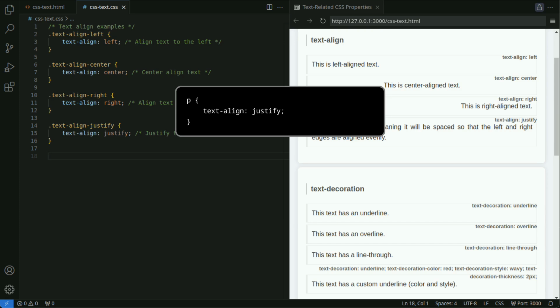Justify aligns the left and right edges of lines equally, giving a neatly aligned impression. It is used in layouts like newspapers and magazines. Start aligns text based on the starting position. For languages written from left to right, it behaves the same as left alignment. End aligns text based on the ending position. In languages written from left to right, it behaves the same as right alignment.